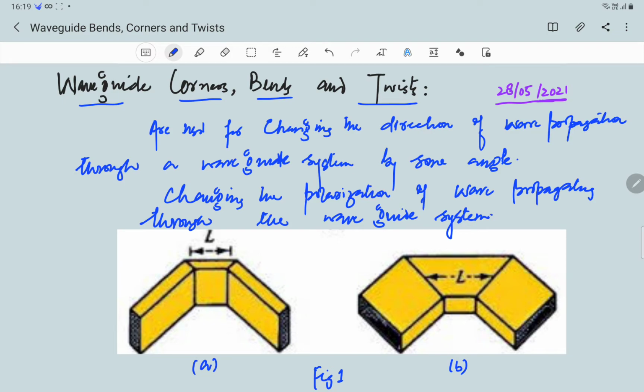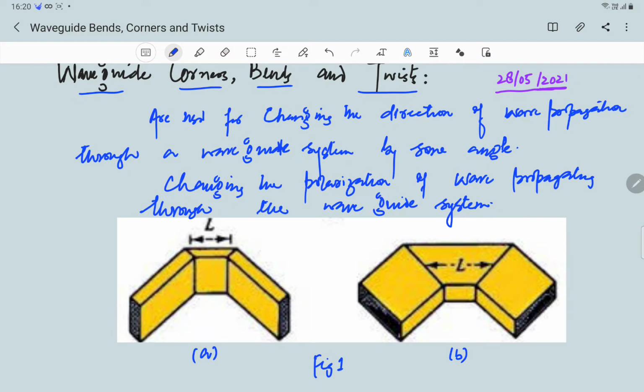So primarily they are used for changing the direction, but yes, in some cases they can be used for changing the polarization of the electromagnetic waves. We'll see that. And as we know, for energy to move from one end of a waveguide to another end,